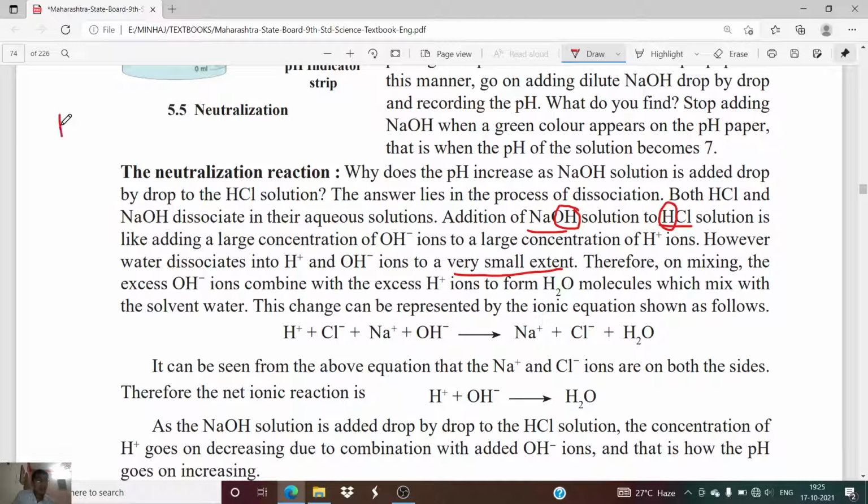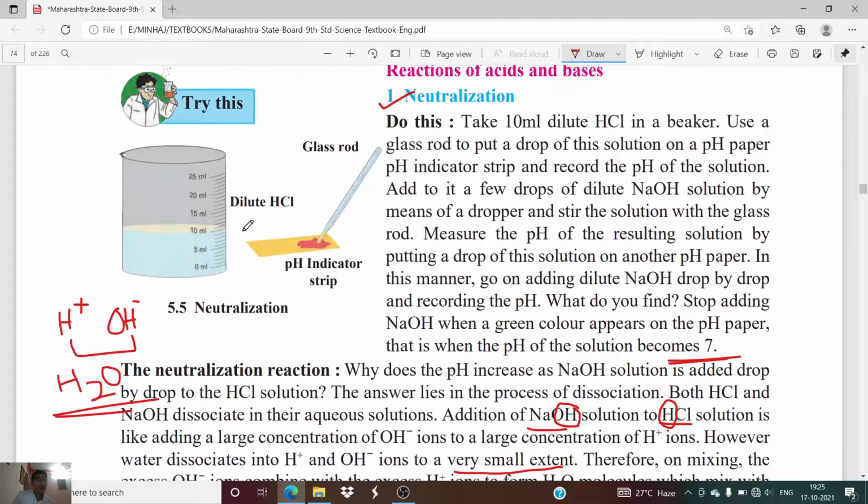So when the number of H plus ions and OH minus ions in the solution is more, you will see both these ions combine together and we get molecules of H2O, that is water. And we all know that the pH value of water is 7. So when we get the pH value of water as 7, that means the complete dissociation of the HCl and NaOH has taken place and